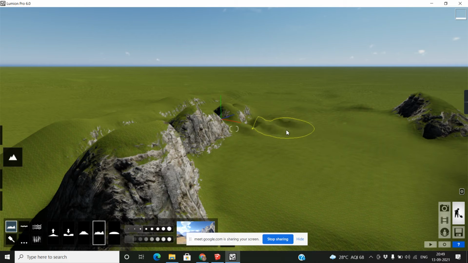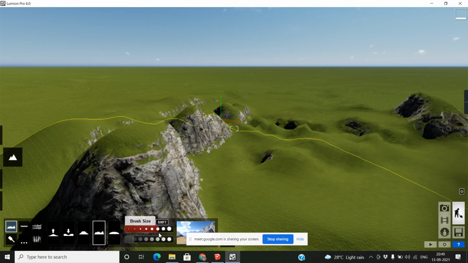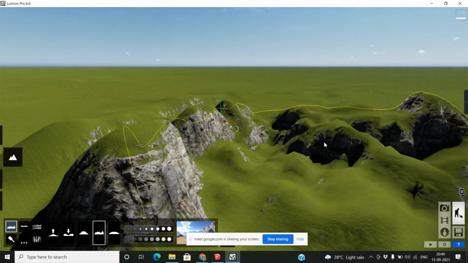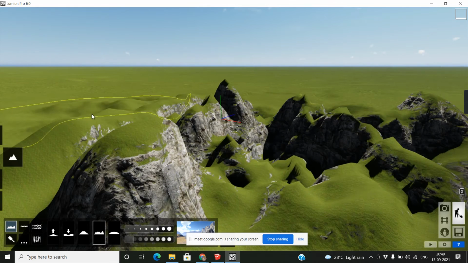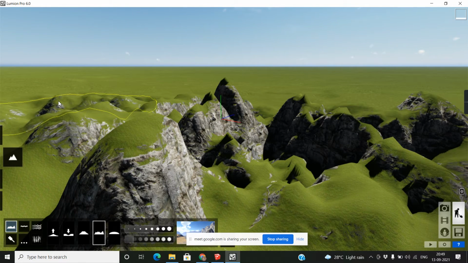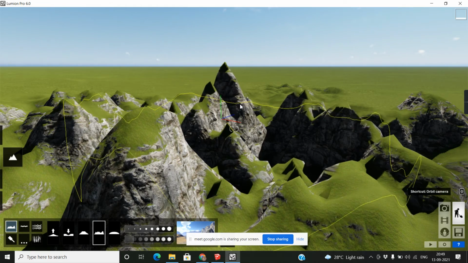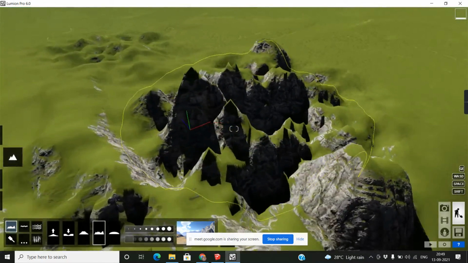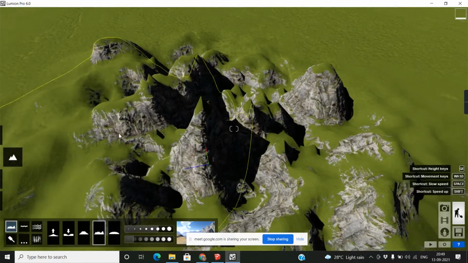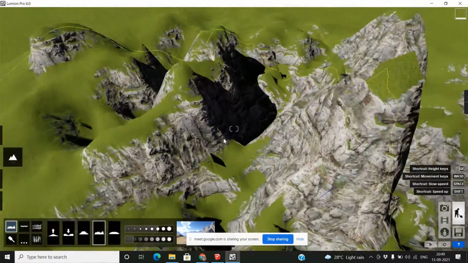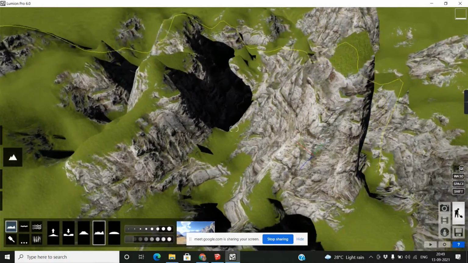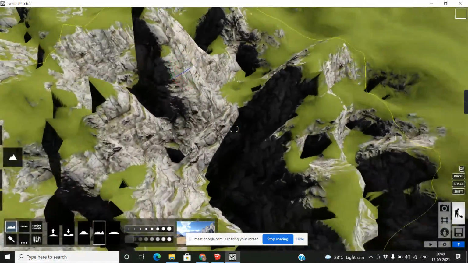Jitter, just click, uneven size. See, look at the difference.